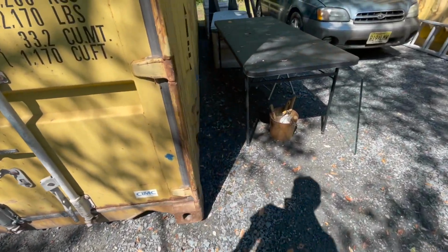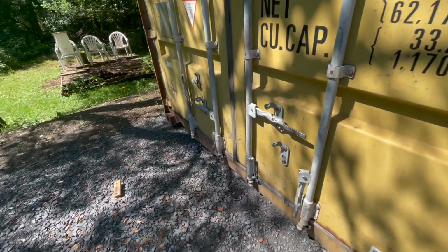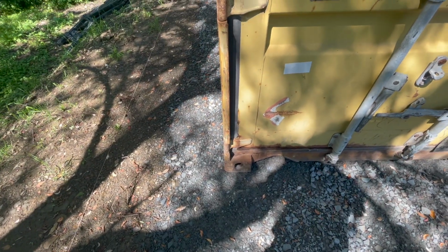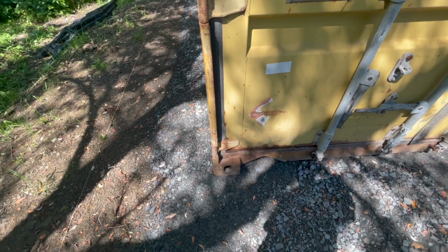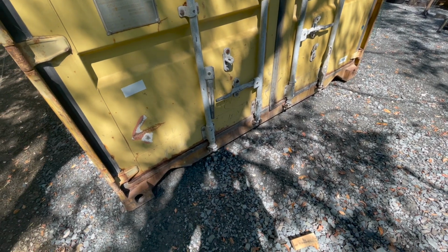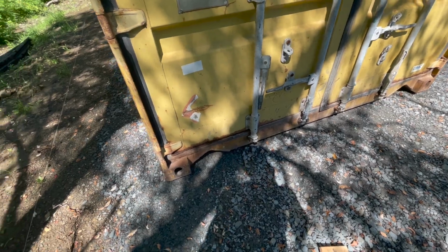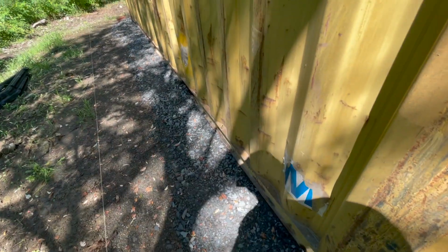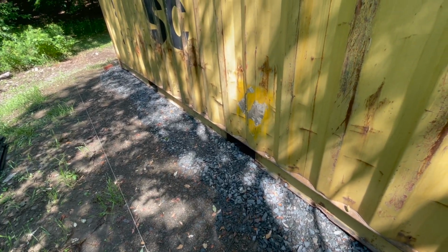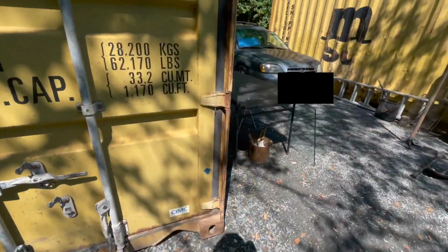The problem is to get boards under the side there, it's a little more difficult than getting boards up front here. So I think I'm just gonna put some boards in the front for now and then try pulling it. That will also give me some experience in jacking this thing up, because I've never done this before. So I'm gonna do it in the front first, and then if that doesn't work, I'll put some boards on the side. If that doesn't work, I'll put more boards in the back corner,